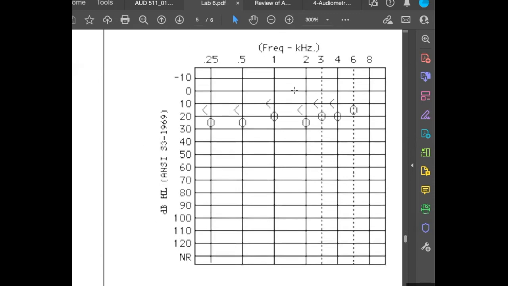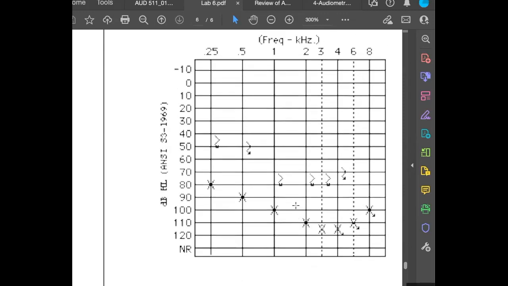All right, what do we have here? We've got air conduction for the right, bone conduction unmasked for the right, and we've got responses that are normal to borderline normal. We've got normal hearing, hooray! What do we have here? We have